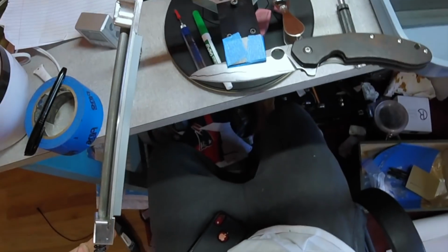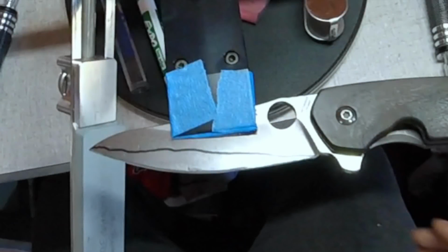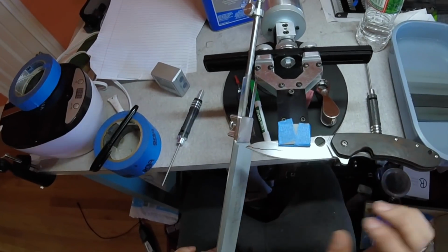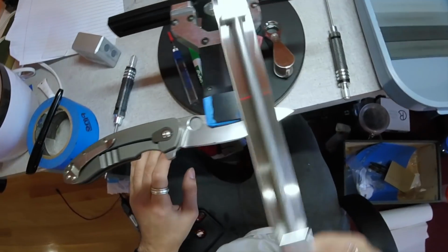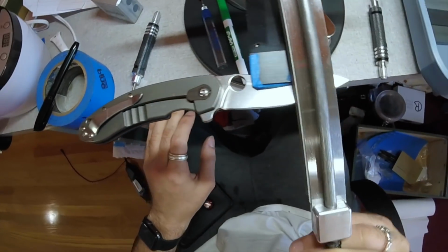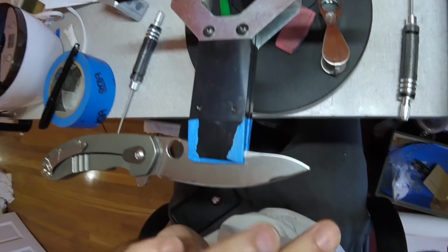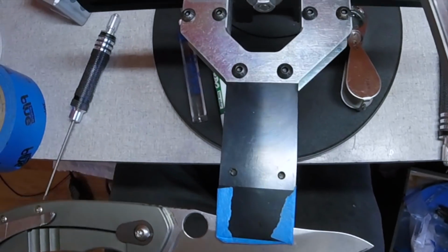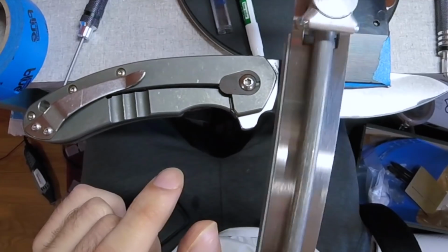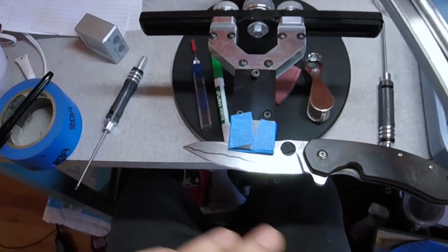So as you can hopefully see, all of the Sharpie is being removed from that whole side. And so what you want to do is flip it over and check the other side. Okay. So we have most of the Sharpie from here to here, or from here to here rather. Up here it could go even higher, but it's close, and what I'm going to do is just reprofile it